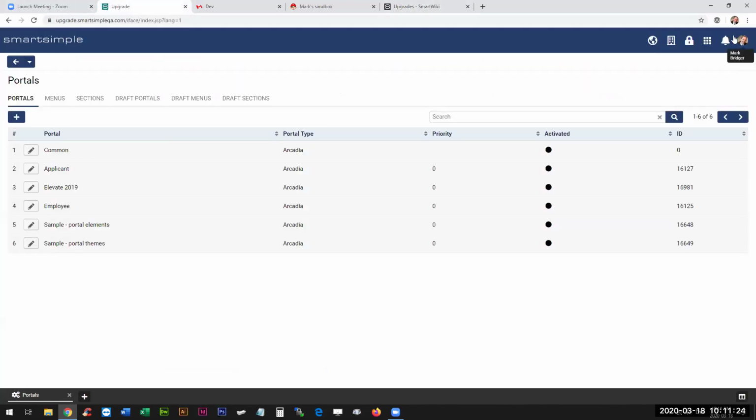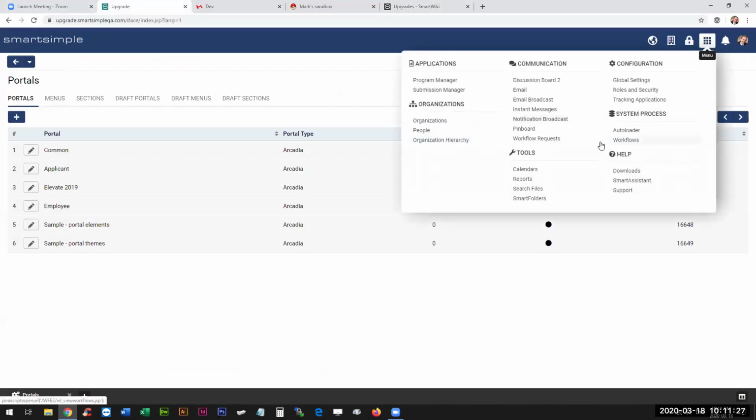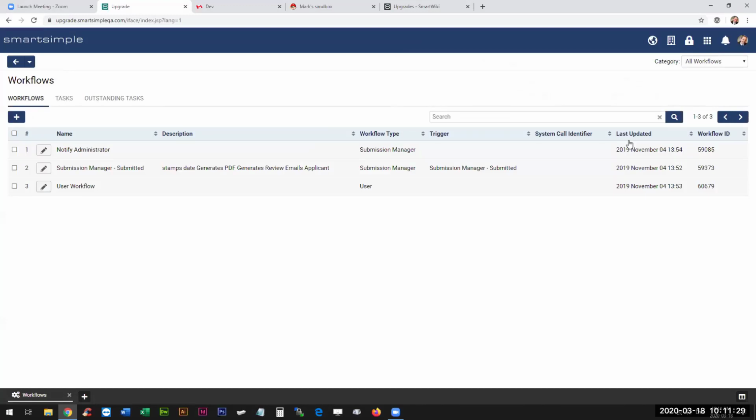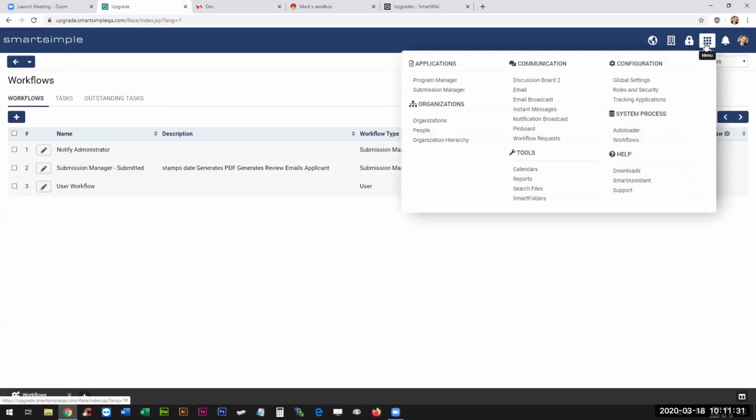Speaking of centralization, and again, this is another one I kind of like a lot. Sometimes your system will send out workflows, and there's emails in those workflows, or maybe you have email templates, and you're like, oh, how do I find that workflow that has that email in it? Well, a new way you can do this to see all of your